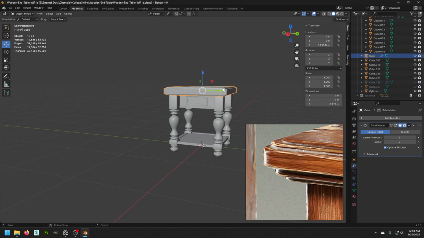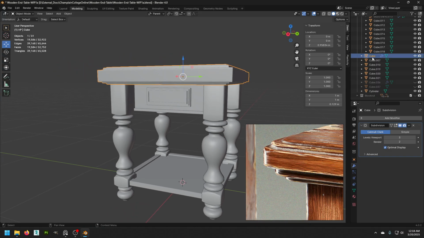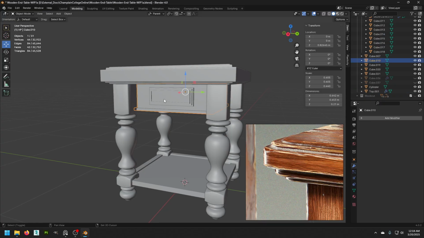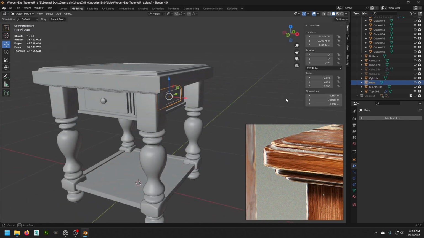And there we go. Okay, so we know that this one is good. So I'm just going to name this top, name this middle, name this drawer, name this bottom, and then